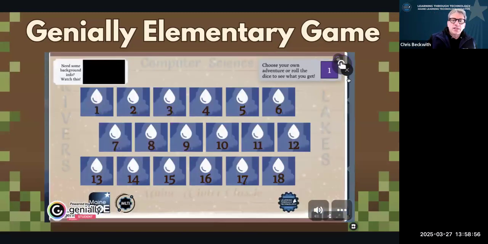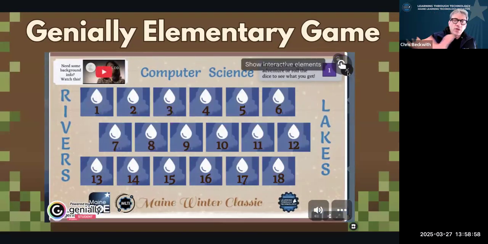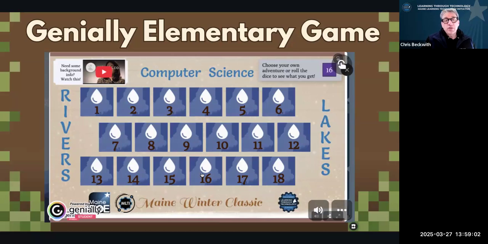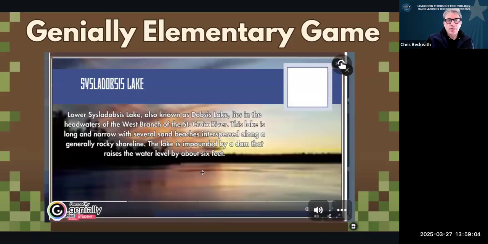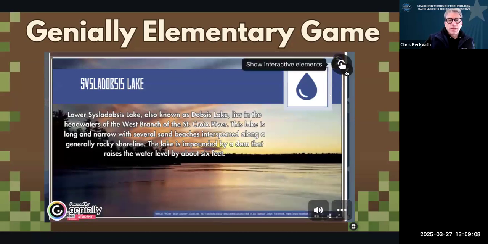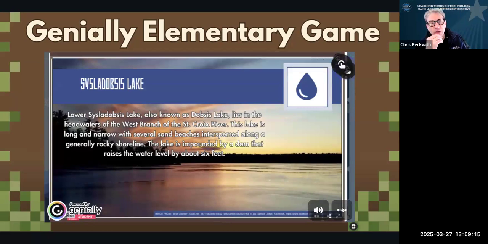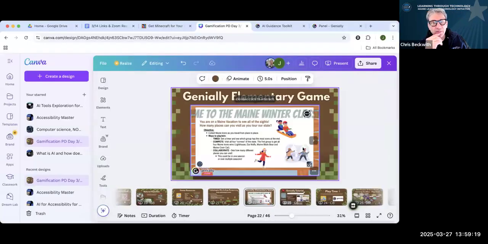So it's similar in that, and we were able to reuse the activities that we had already compiled from the other version of the game. But that's just showing what can be done in Genially. A lot of people don't realize the depths of things you can do in Genially. And I believe the next slide.